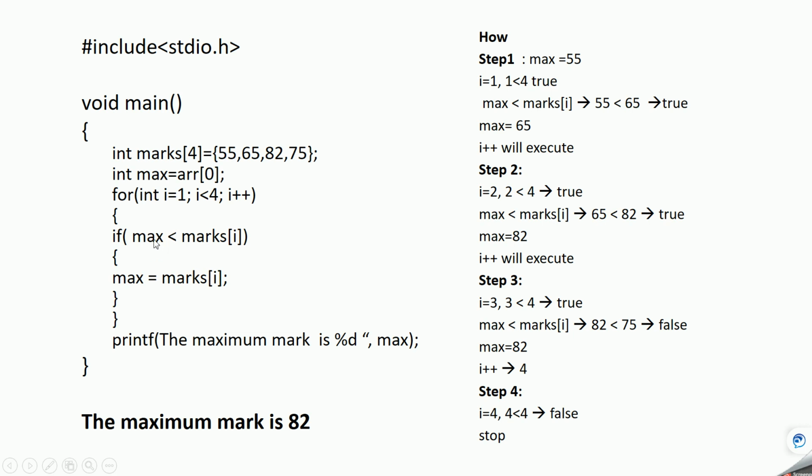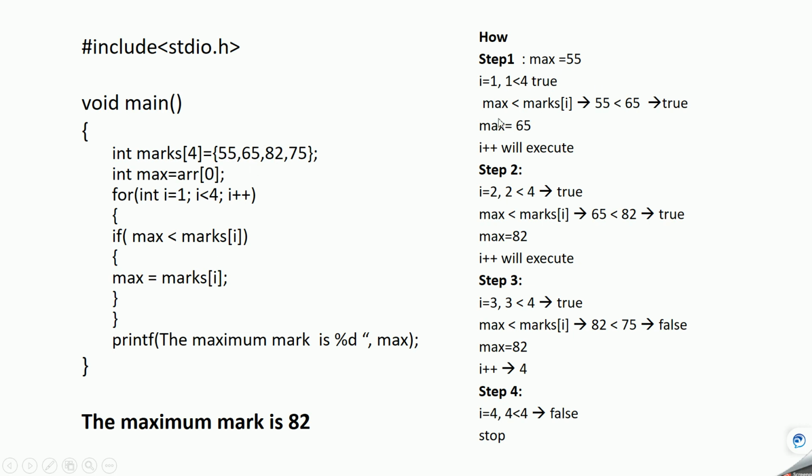Max value is 55, and marks of i is nothing but marks of 1, because i value is 1, and the marks of 1 at position one is 65.